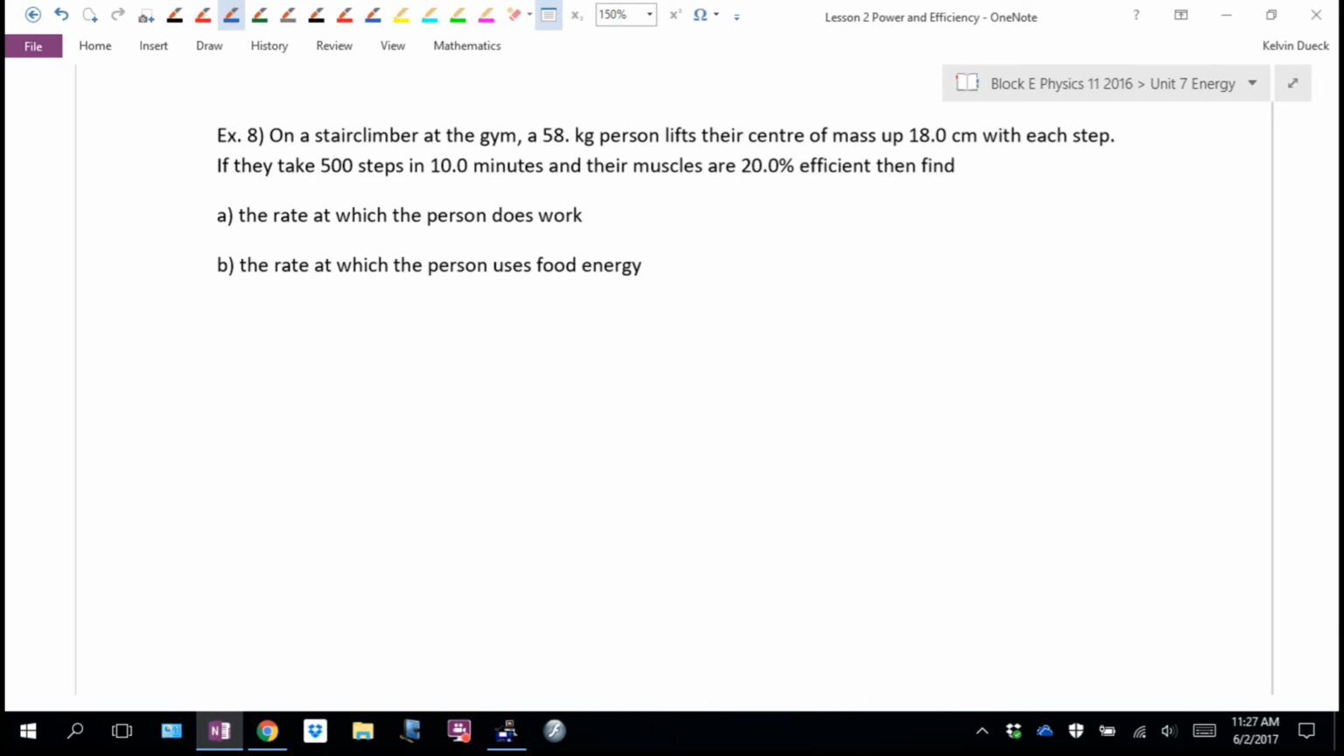Okay? Stair climber in a gym. A 58-kilogram person lifts their center of mass up 18 centimeters with each step. If they take 500 steps in 10 minutes and their muscles are 20% efficient, then,